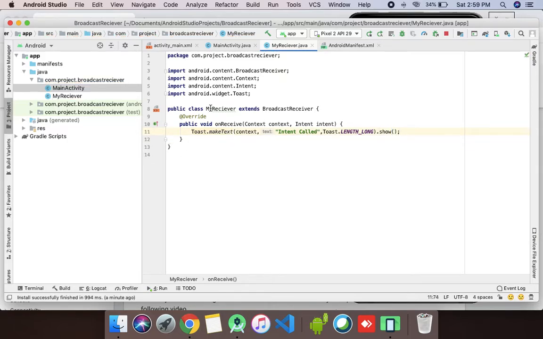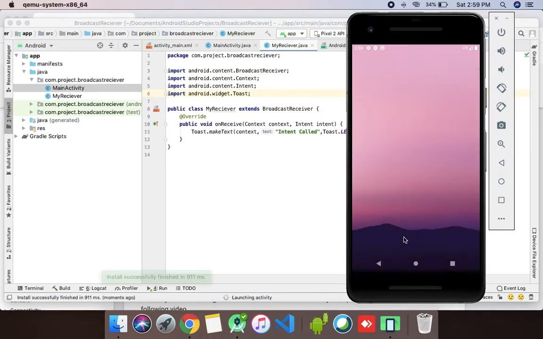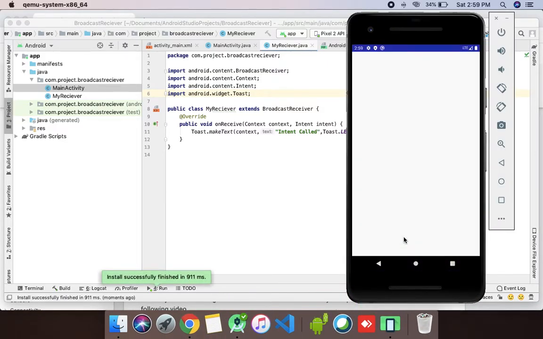Whenever this function gets invoked, we will know that the broadcast has happened. So we need to rerun the project again. Let's wait for a few seconds.